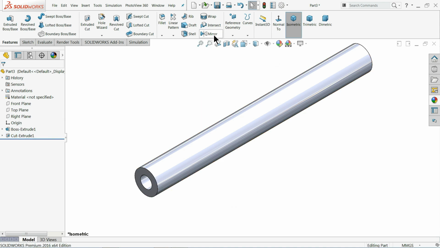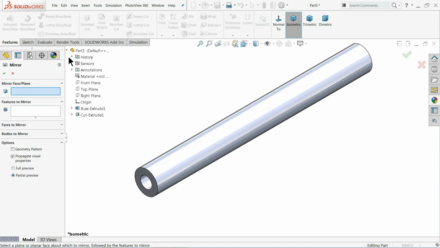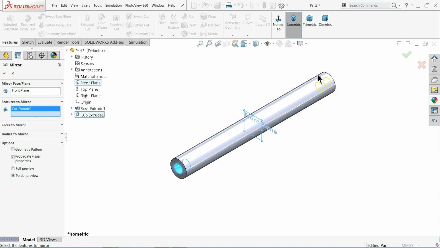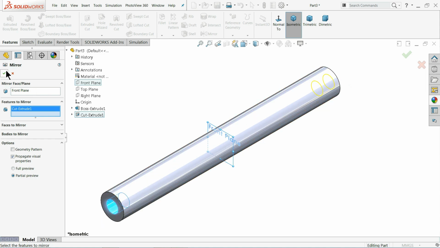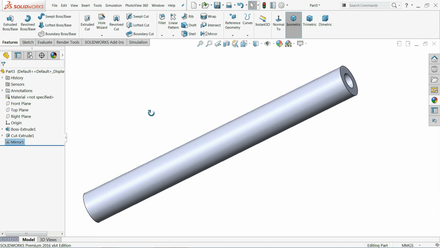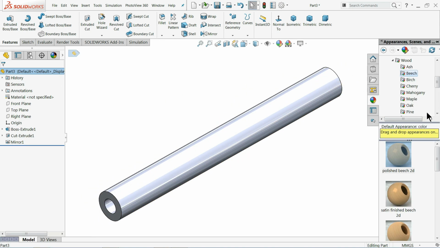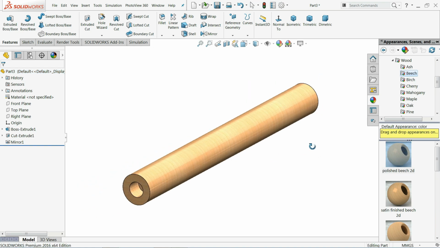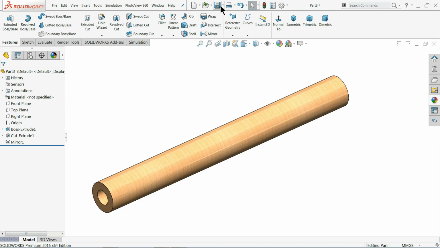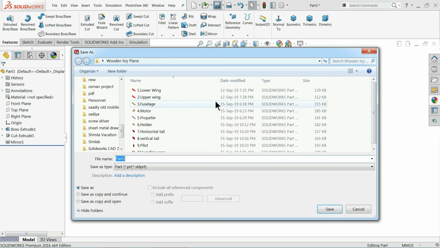So how you will do, choose mirror, and let me choose front plane and feature to mirror. So select this one. Now you will see the preview here. Polished beach 2D. This is the part number 11, main axle.